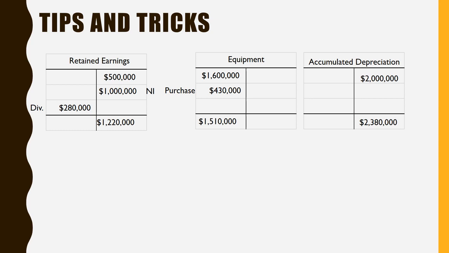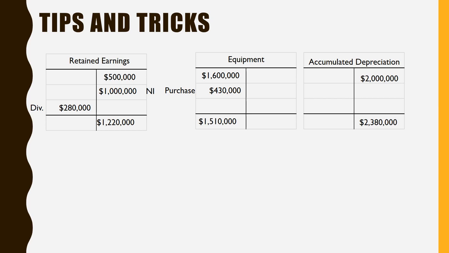So if you look at the statement of cash flows on the prior slide, you'll see we paid dividends of $280 and we have net income showing of $1 million. The other place that you'll often have to solve is with the equipment or other fixed